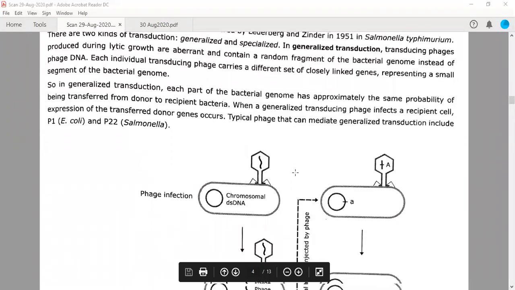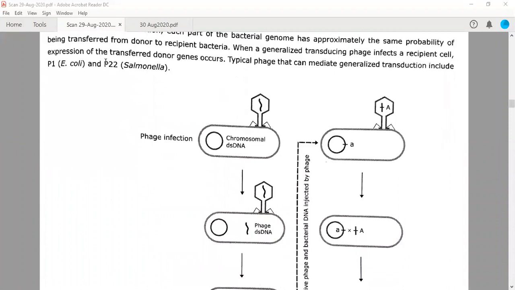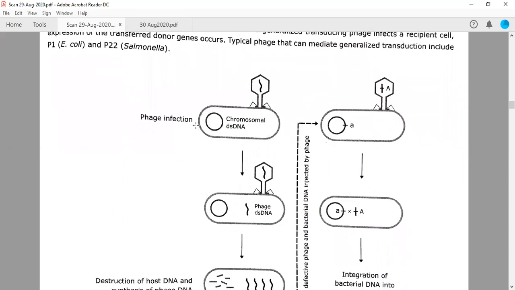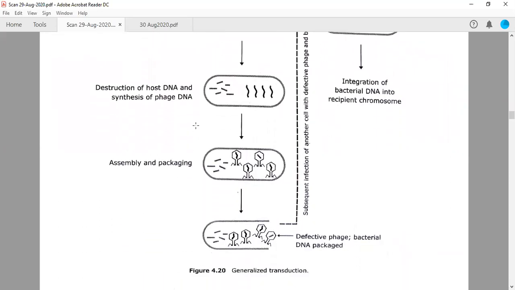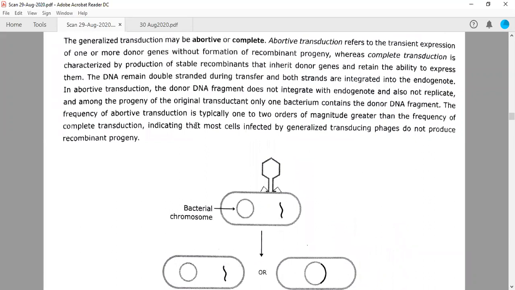Now, this will give you the reason why it is between very closely related species of bacteria, because the bacteriophages are always very specific. For example, P1 will only infect E. coli cells, and P22 is infecting the Salmonella species. Similarly, the lambda phage also has E. coli as its host generally. So this is the reason why this is happening between closely related species of bacteria.